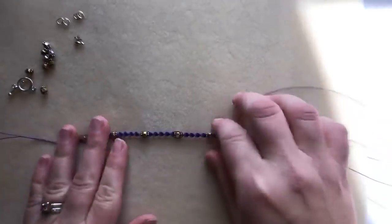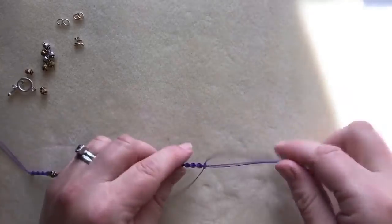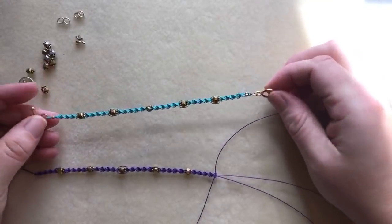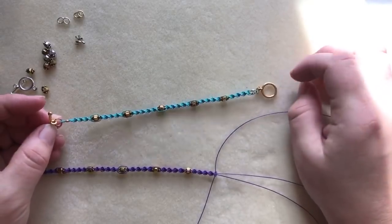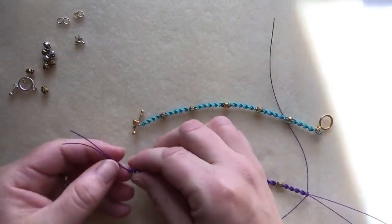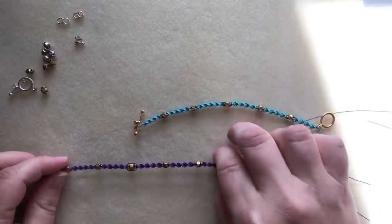All right, so this was the demo I had, the bracelet I had started, and I'm just gonna show you guys how to finish it. So here's one that's already completed. You can do this a few different ways. Since one side ends up with just 2 wires and the other side ends up with 4 wires,